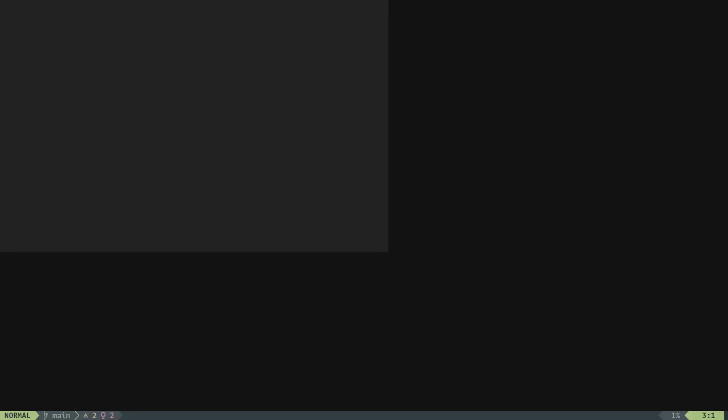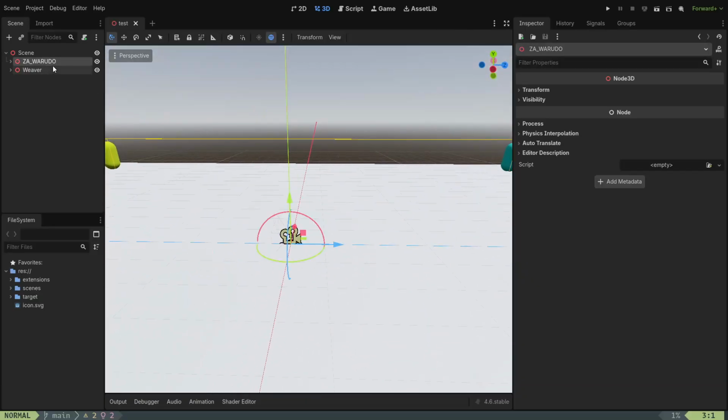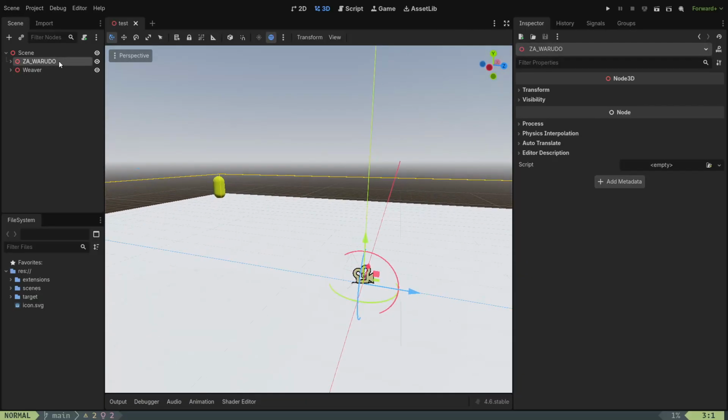It's a little fucked. It's a little fucky. There we go. And capture cursor. Yeah, sure. And I was like, okay, well, it's got the main characters here. The whole scene is called Zawari though, because